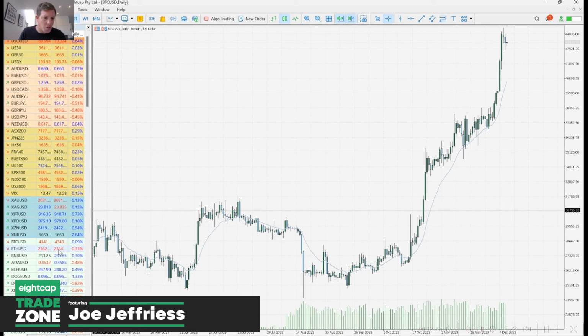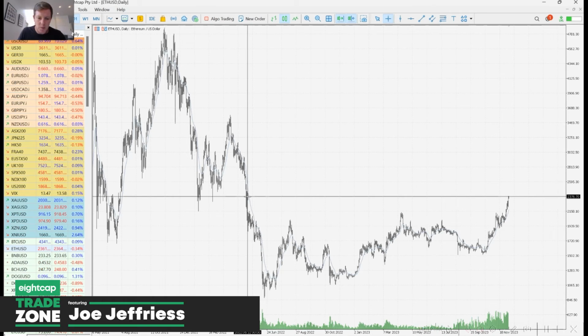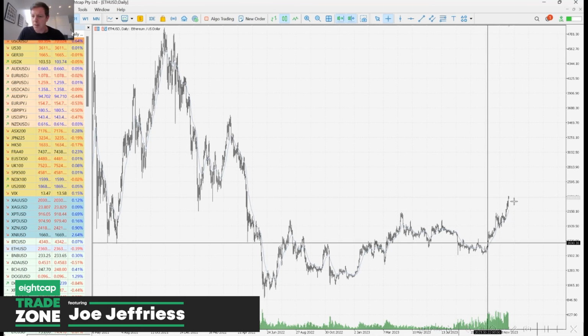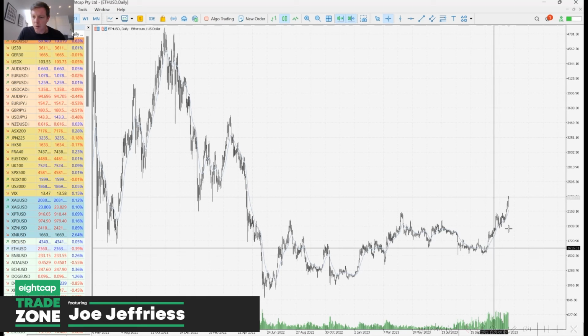So Ethereum was trading higher this morning. It is down a little bit at the moment, but we can see yesterday's session went up to 23.84. So again, very strong levels not seen since going back to mid 2022. And we can see a really nice breakout there of that range point. So is this a new short to medium, long-term trend? We'll have to see a bit more time, but it's definitely looking good and doing all the right things at